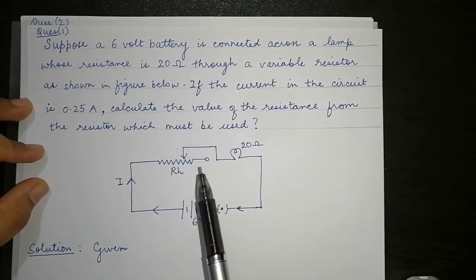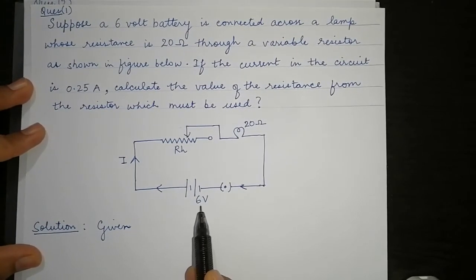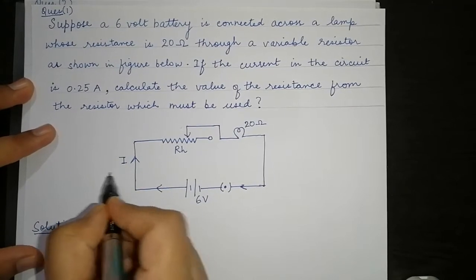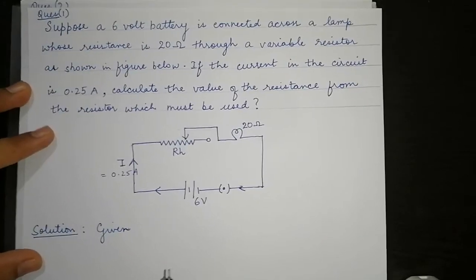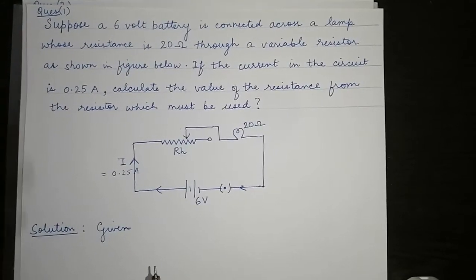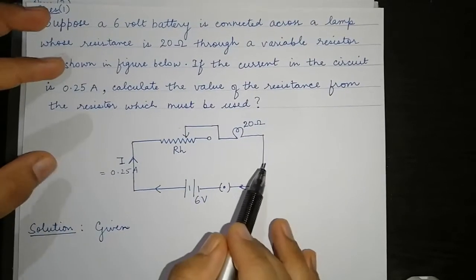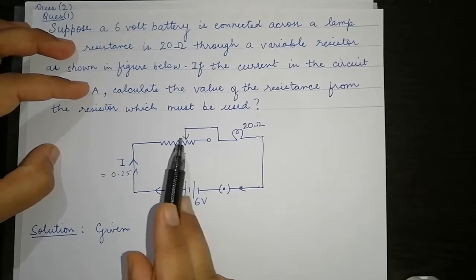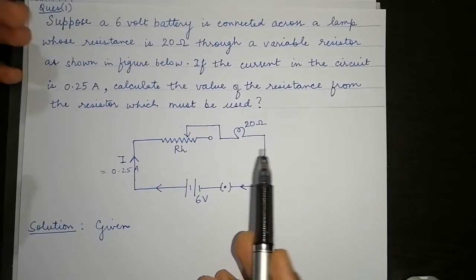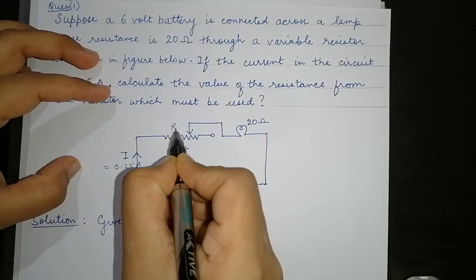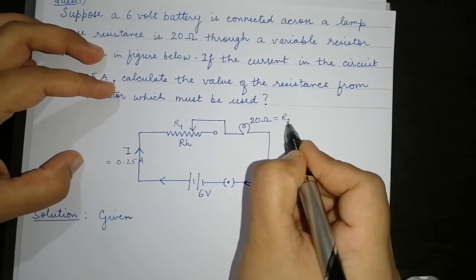So here, according to the question, this is the figure which is given over here. You can see that the potential is given to be 6 volt. The current is given as 0.25 ampere. Now students, in order to start with, we have to follow two simple steps. First, we have to name the resistors very clearly, and second, we need to look at the current. Is the amount of current flowing through the resistors equal or is it different? So let me call this resistance R1 and this resistor R2.